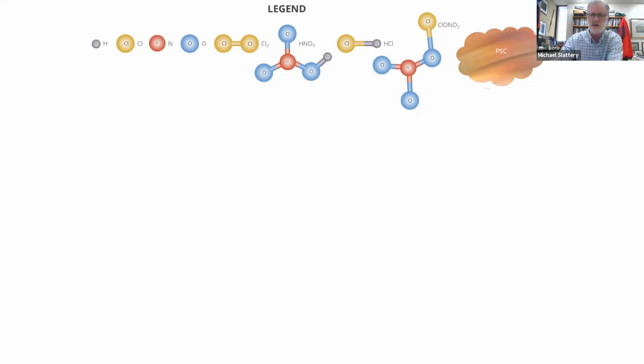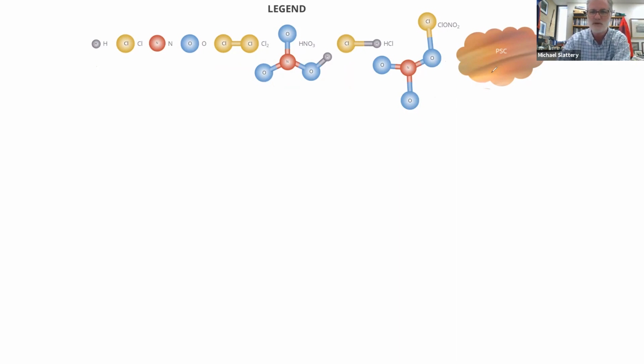Now, I know we've got a complicated bunch of little blobs along the top here. This is the legend. So let me just explain what's going on with this legend. I've just singled these out. Here's a hydrogen atom, a chlorine atom, nitrogen, and oxygen, right? When two chlorines join together, that's molecular chlorine. This one here is HNO3, that's nitric acid. This here is HCl, hydrogen chloride. Ooh, I remember hydrogen chloride. This one here is chlorine nitrate. These two here are the reservoir gases that we talked about earlier that have now been transported down to the South Pole, okay? So there's the legend, just for your reference.